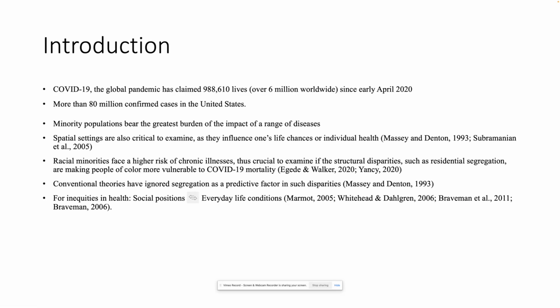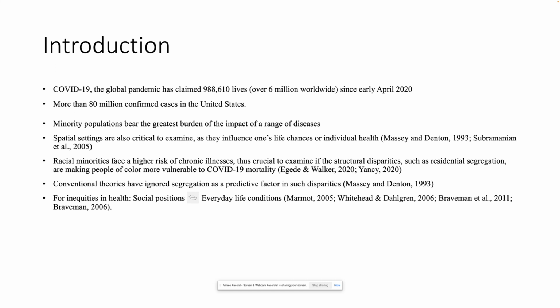COVID-19, the global pandemic, has already claimed over 988,000 lives here in the United States, with over 6 million worldwide, and more than 80 million confirmed cases just in the United States. Various studies in the past have shown that minority populations bear the greatest burden of the impact of a range of diseases. So, racial minorities face a higher risk of chronic illness. Thus, it is important to examine if structural disparities, such as residential segregation, are making people of color more vulnerable